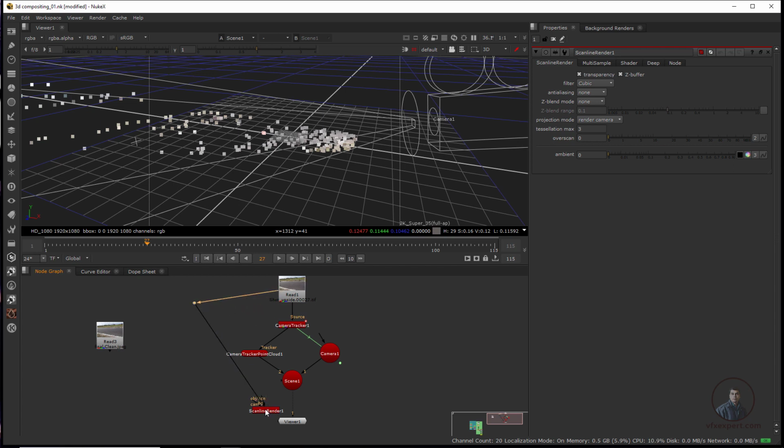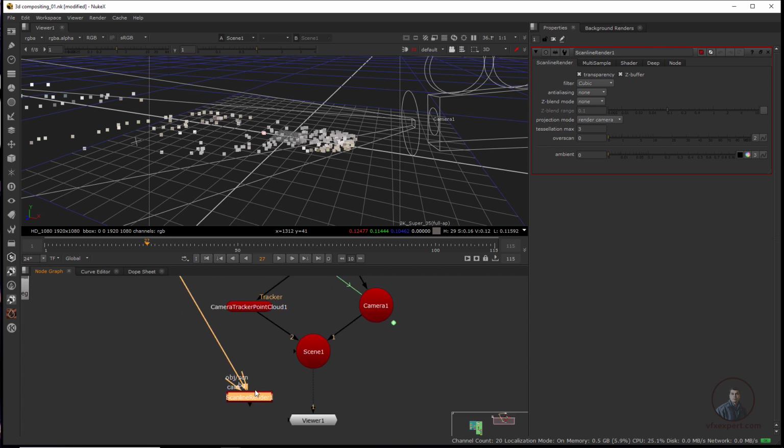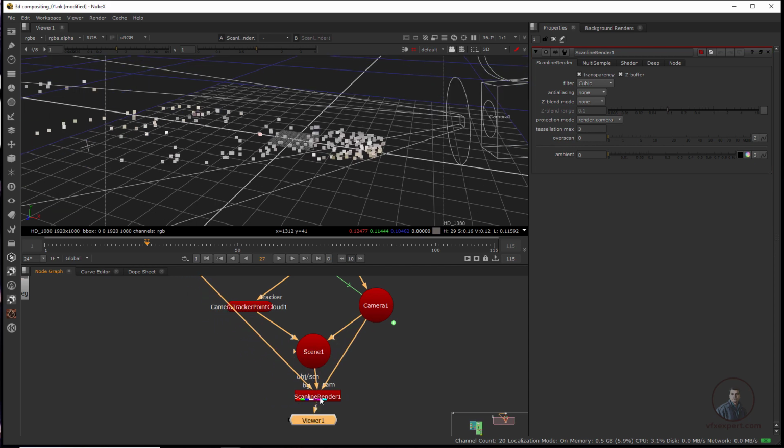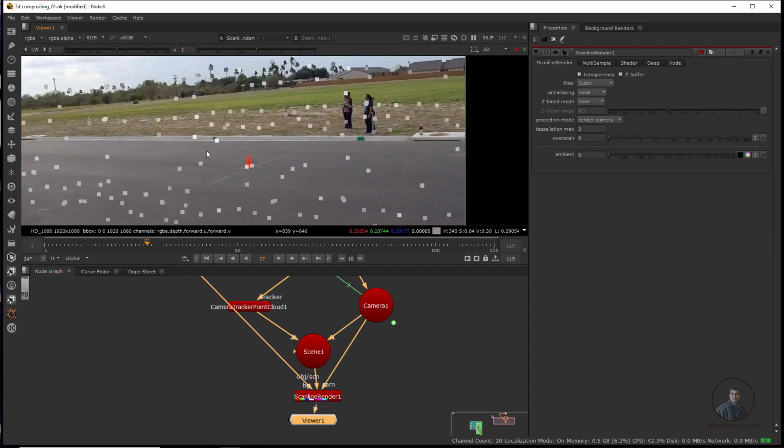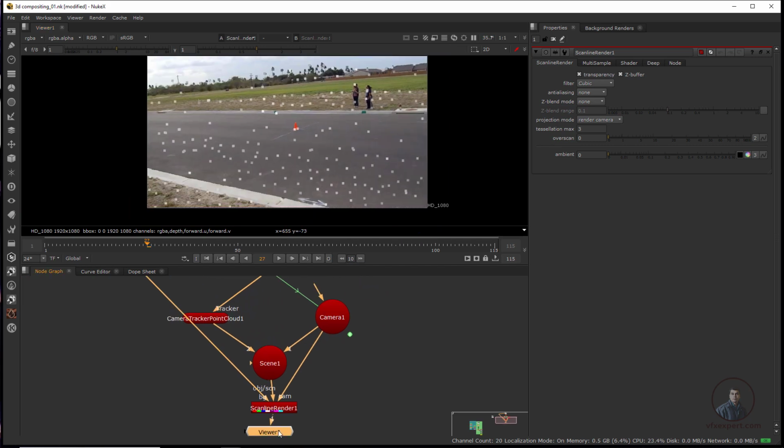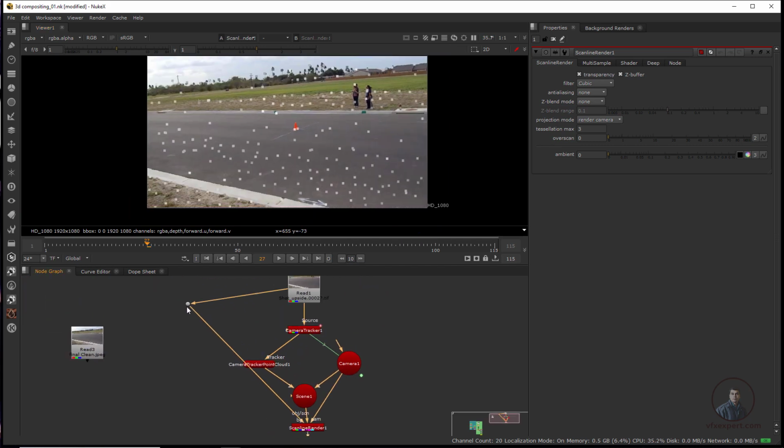So same footage I am going to take as a background, then camera. So this is our camera and this is our scene. Okay, now select this one and press 1 here. Now again press tab here, so easily you can see. Now just a little bit adjust it here, hold control and break it here like this, so easily you can understand.